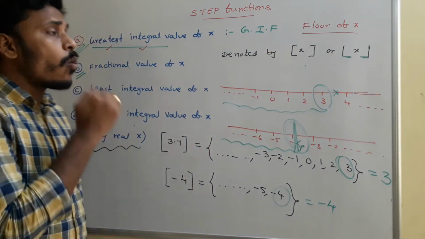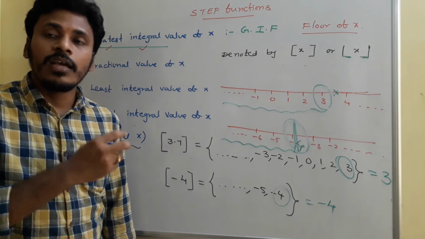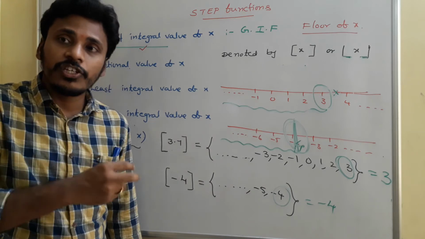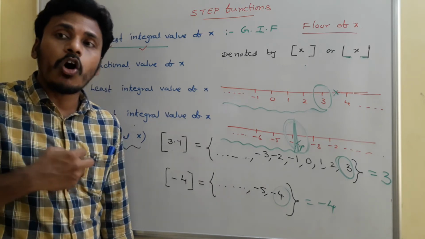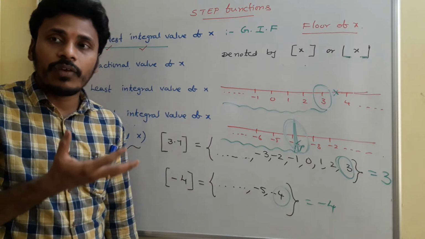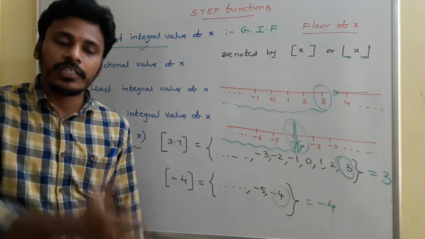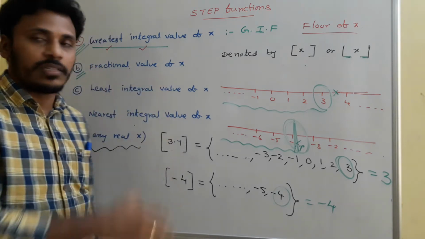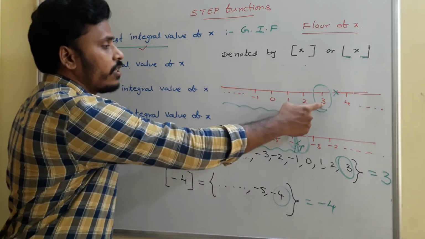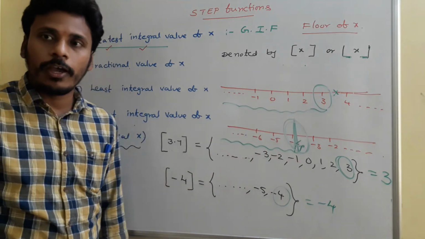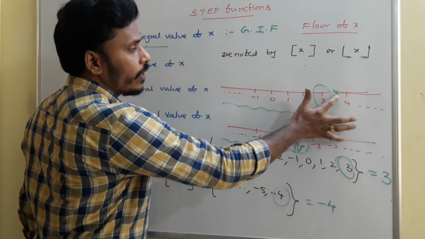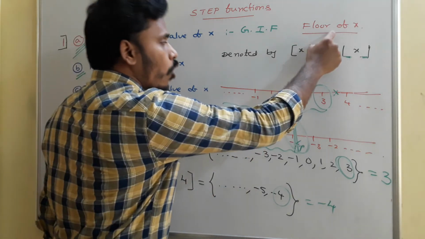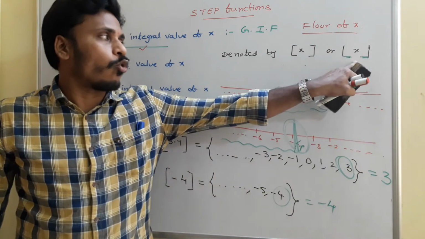And what is its definition? The greatest integer among all the integers which are less than or equal to x. I have a real number, I need to identify all the integers which are less than or equal to it, and among those you need to identify the greatest, and that is the greatest integer function. On the number line, this is the way to identify that greatest integer. For the given number 3.7, this 3 is lesser, so that's why it is also called the floor of that number, and so we also call it floor of x, and we represent floor of x by this symbol.